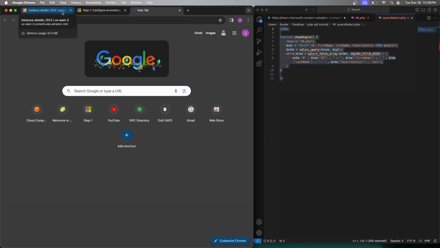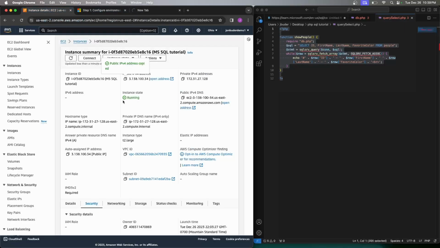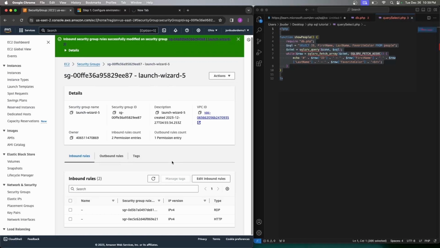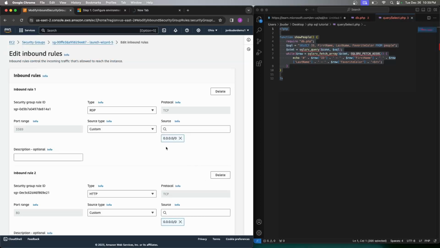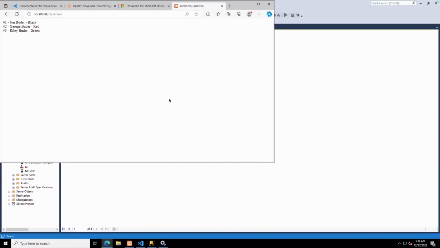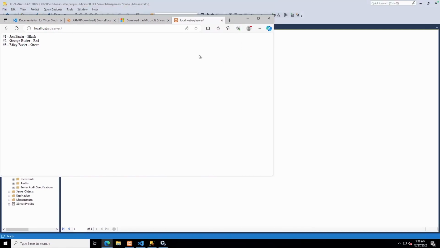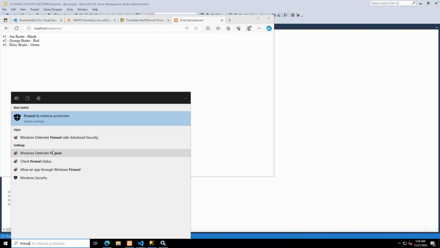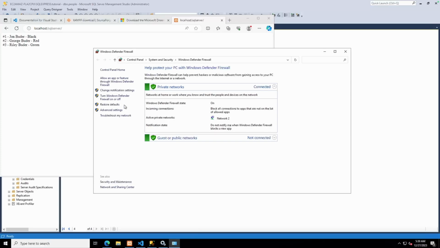I didn't quite get this far in my testing setup for the video, so this is somewhat uncharted territory. Yes, we're running. Security 80 is open to the world, so let's just open our security group. So HTTP is open to anybody, so that's fine, that's what we want. Let's switch back over to our server itself, and then we'll check on Windows Defender Firewall, advanced settings,